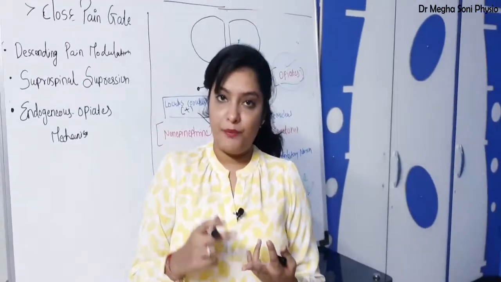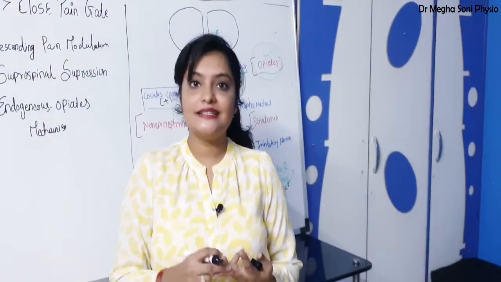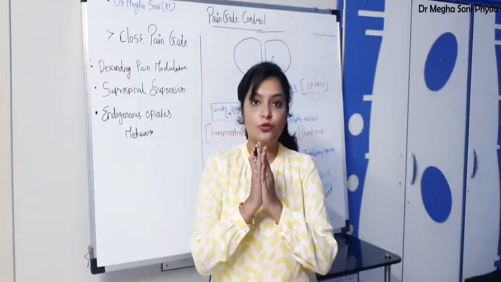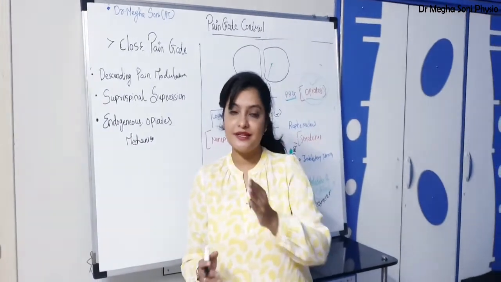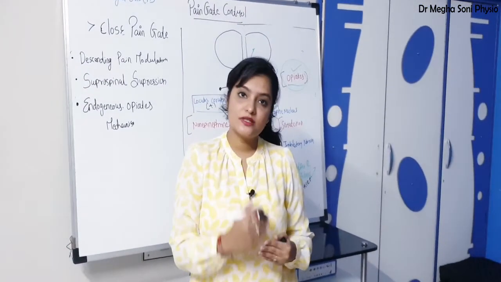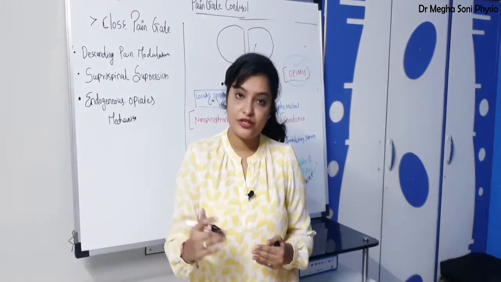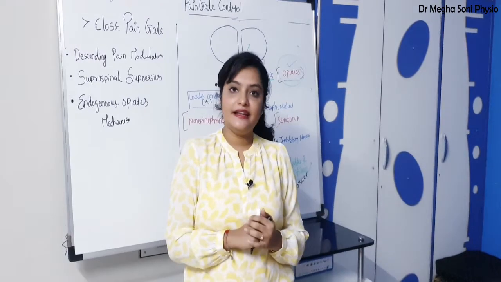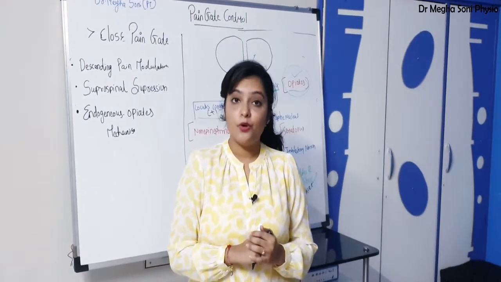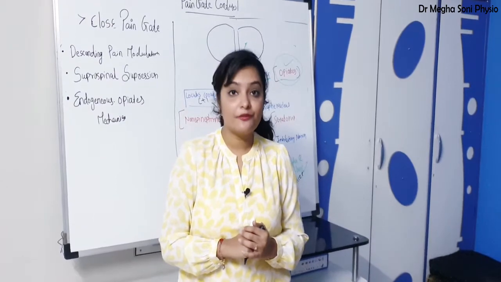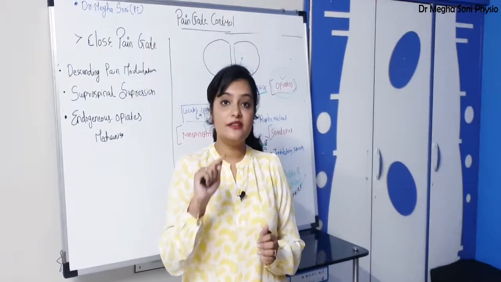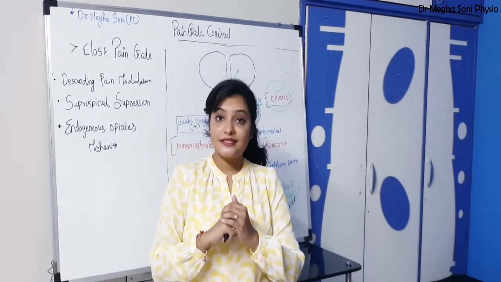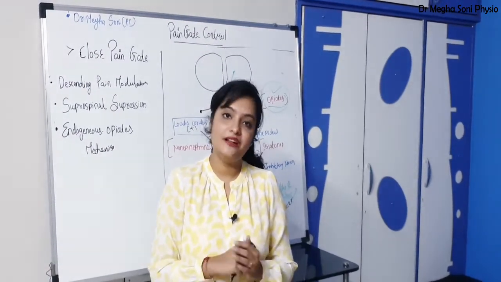So this is all about the two mechanisms. First is presynaptic inhibition and second is the descending pathway. So in today's lecture we have seen the main mechanisms: open gate mechanism and closed gate mechanism. In closed gate mechanism, presynaptic inhibition, which we have compared with the Bahubali example, and second is the descending suppression pathway. I hope now you understood the transmission of pain, the physiology of pain, because it is a most important topic to be asked in exams. Still, if you have doubts, you can write them down in the comment section.